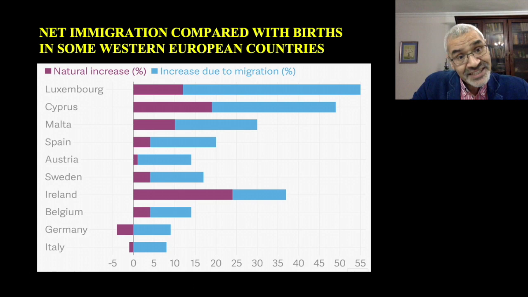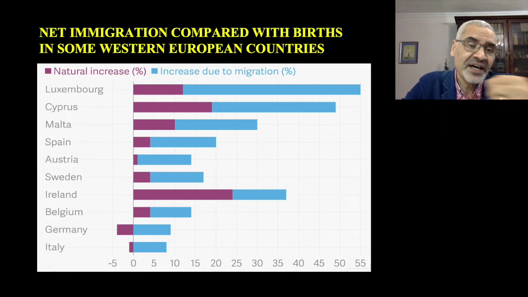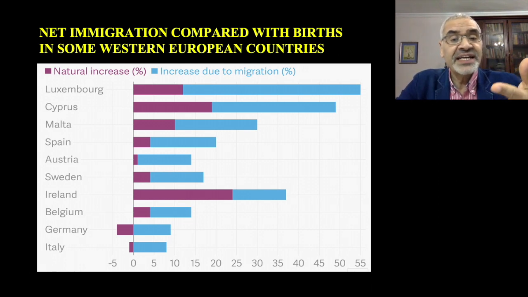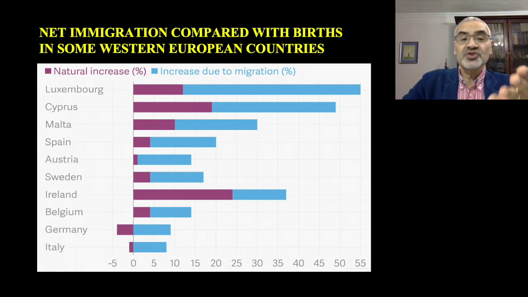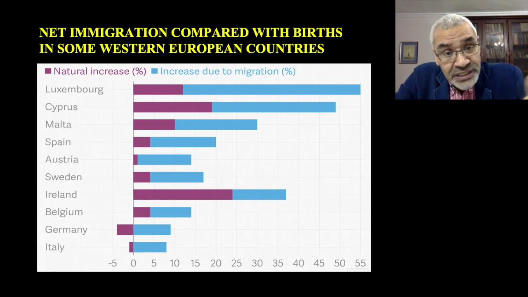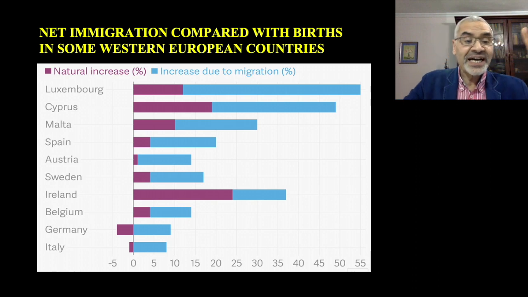Well, what about Northern Europe or Western Europe? So here's net immigration compared with births in some Western Europe countries. So you can see the percent, the bar in purple is the natural increase, percent attributed to natural increase, and the other one, the blue color, is attributed to increase due to migration. And you can see here the bar in Luxembourg depends mainly on migration,